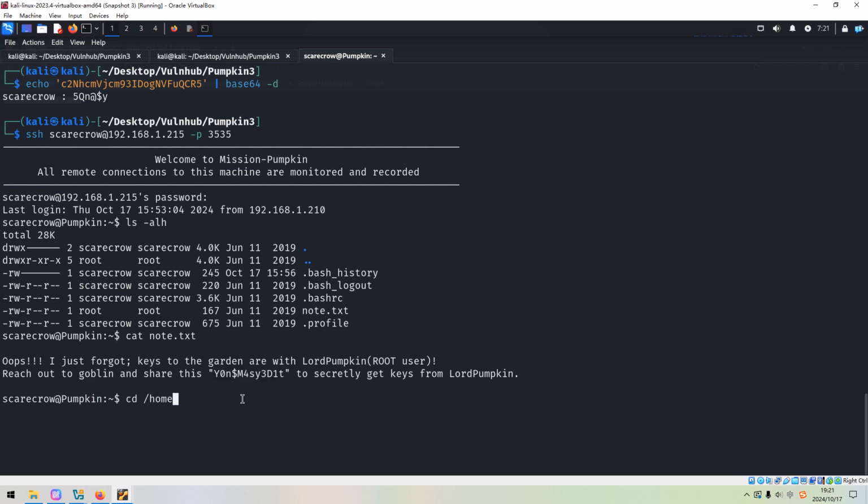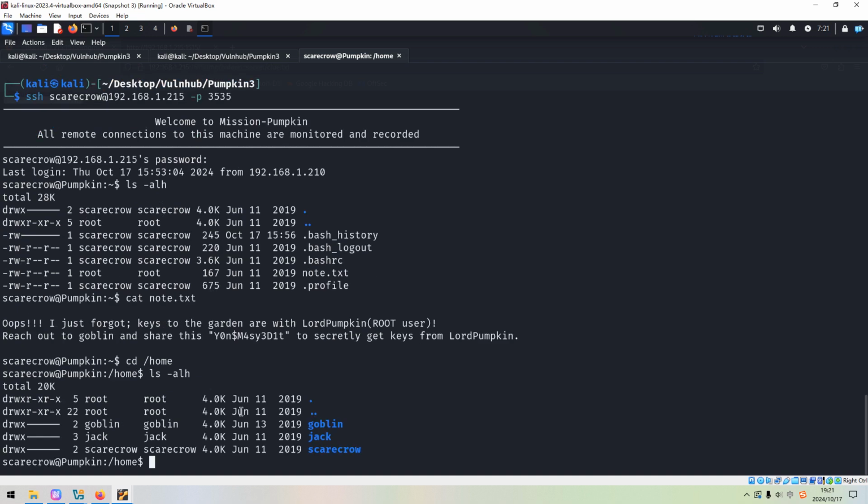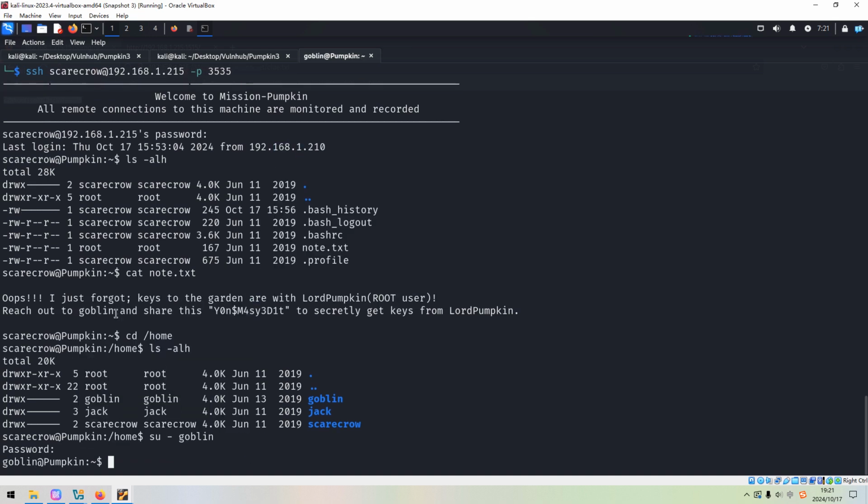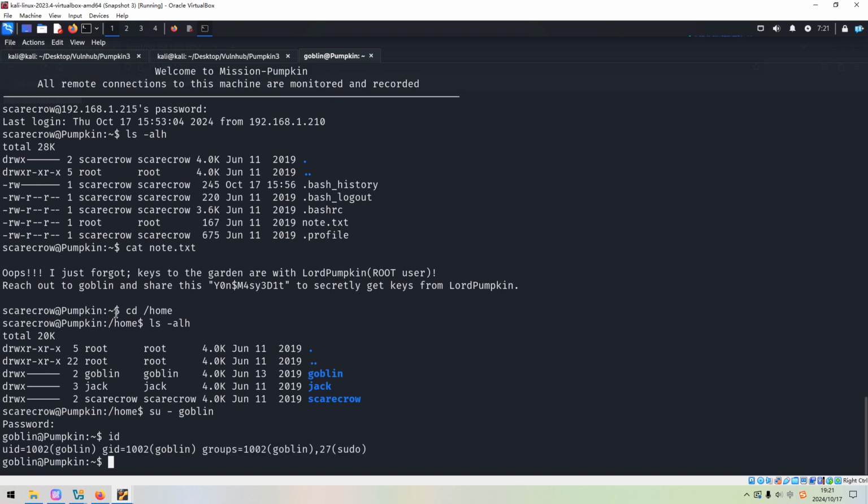Now let's go to the home directory, and Goblin is another user. So then we can switch to this user and provide the password. It does work. We have already made the lateral movement, and we can run id.